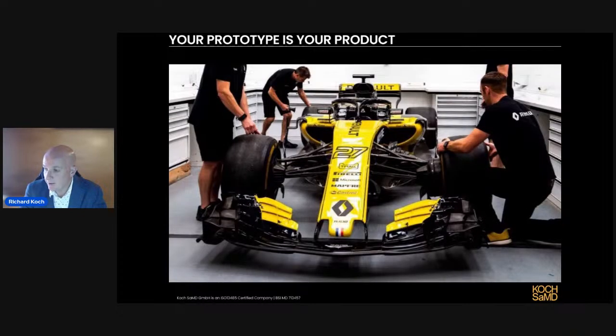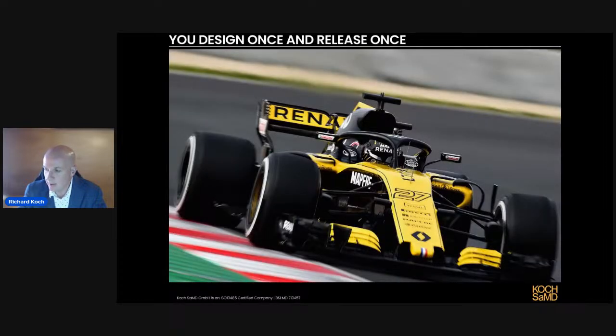So cloud software is a little bit more like Formula One, where your prototype is your product. You have one car, a team working on it. It's a little bit like the pre-industrial age, where you have craftsmen who work on one chair, one table, one candlestick, and sell that, and then move on to the next. But you build your hand-built product in the factory, and then you release it onto the track. And just like software, your first increment is the biggest. You need to design it, develop it, build all the parts, screw it together, and then you put it on the track. So the biggest increment is the first one.